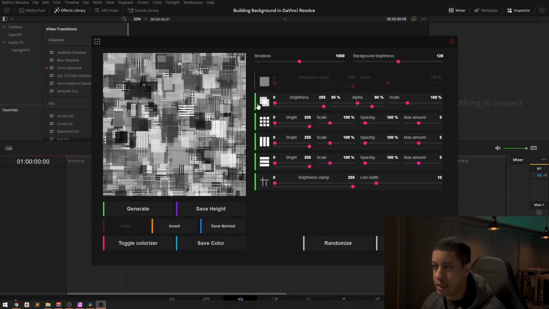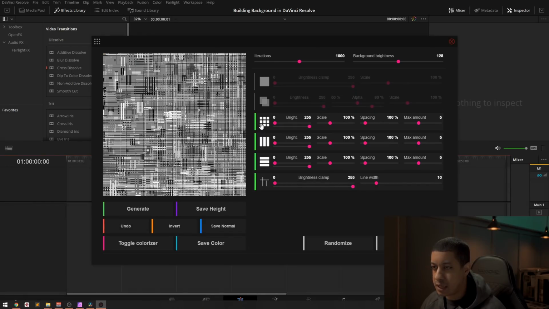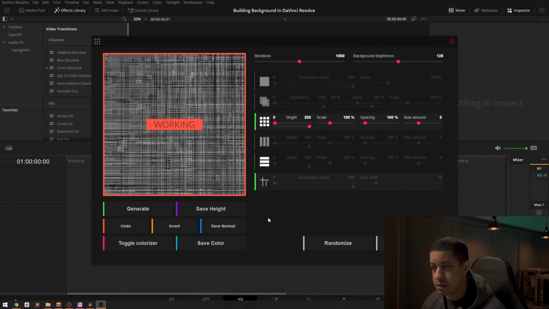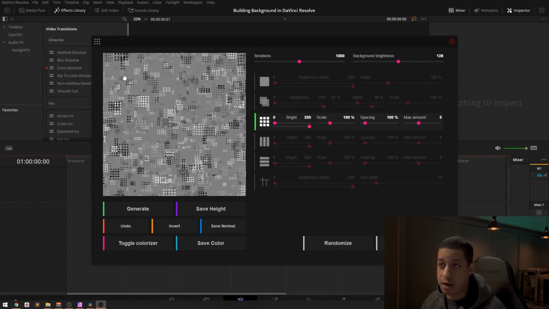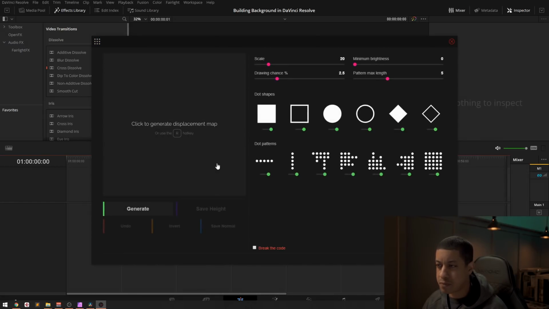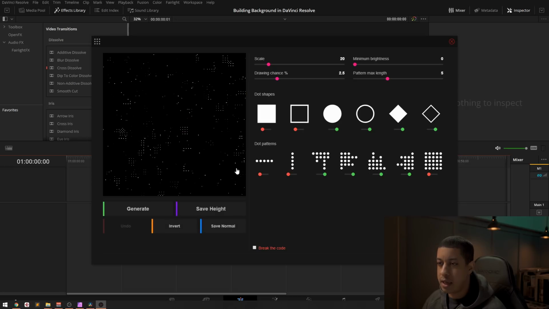So I'm just going to turn that off, turn this off, and let's just do boxes. Let's see what happens. So I can turn everything off and now I'll just have boxes, and then you can change the brightness, there's tons of different settings here. And if you don't like this one, you can just click and it'll create a new one. One of the things I'm going to do is the grid, and for this one let's do just these four, and let's try to make this as random as possible. So maybe not the whole box and maybe not the line, just so we get this randomness going on here. And we'll take a look at that.